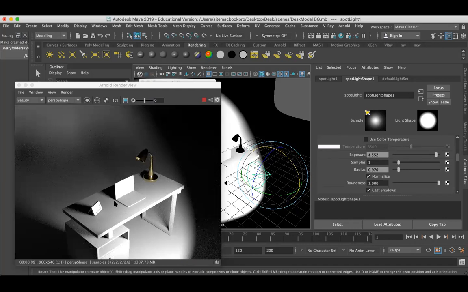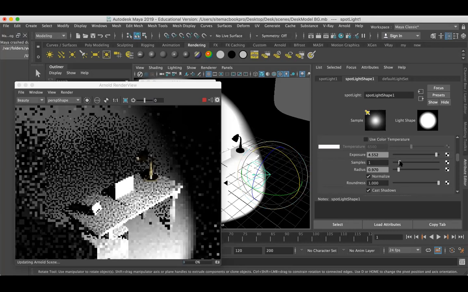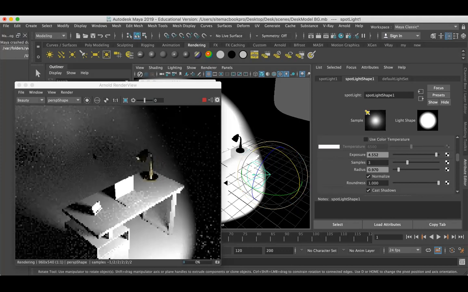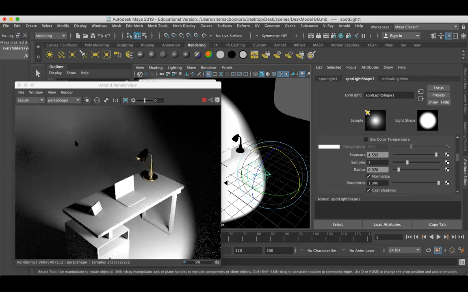Look at here, I have got so much noise, so you have to increase the samples. If you increase the samples to 3, you can find the difference between the previous and the present render. This is not yet completed. As the number of samples increases, the render time increases, and the load on computer performance increases. So always work with the proper minimal value, guys.